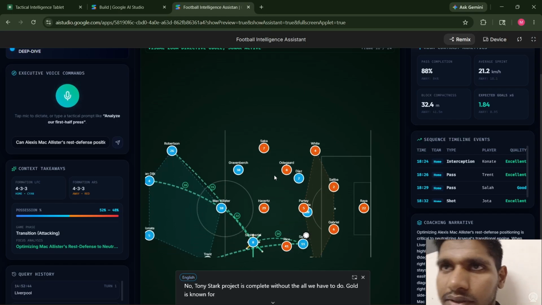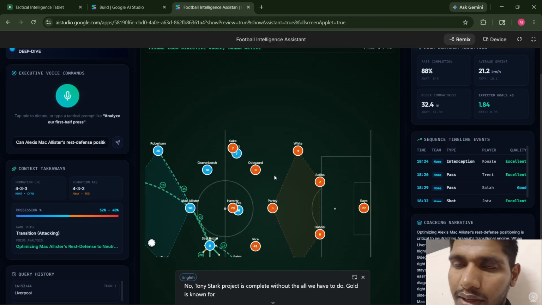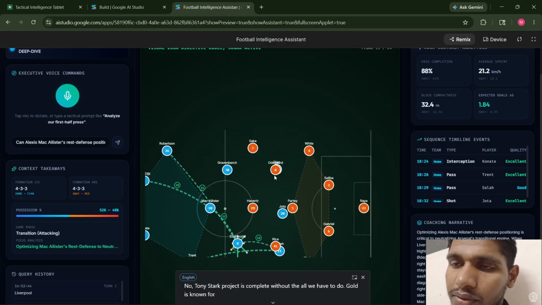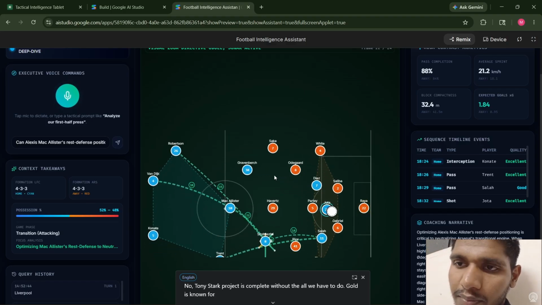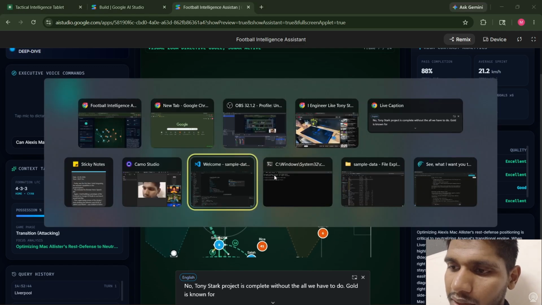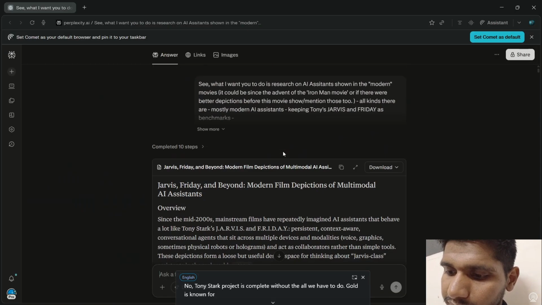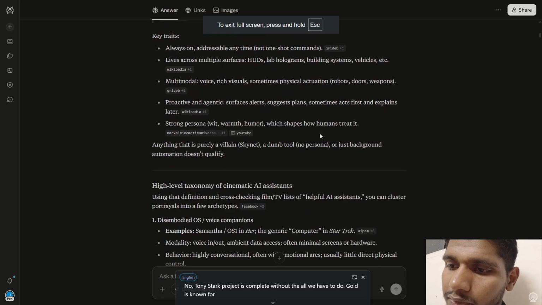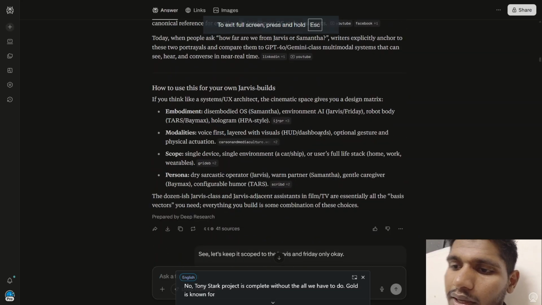Now apply those same two personas in football, okay? And those AI compressed down into a tablet form. That is what I was trying to do in this one. Imagine